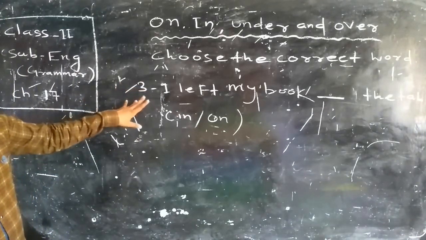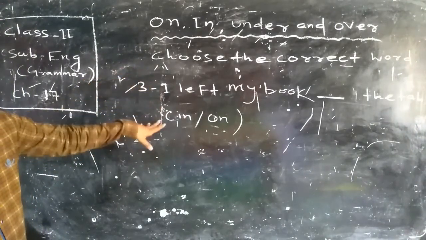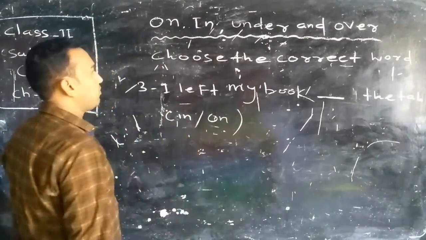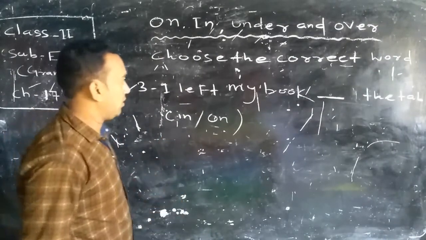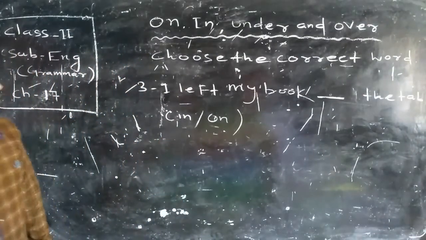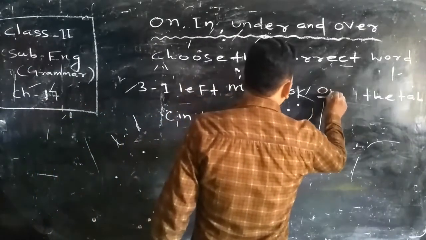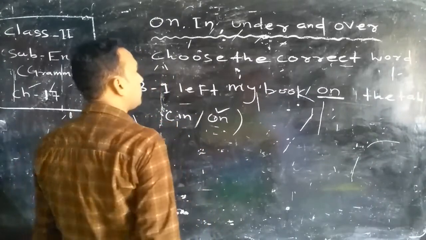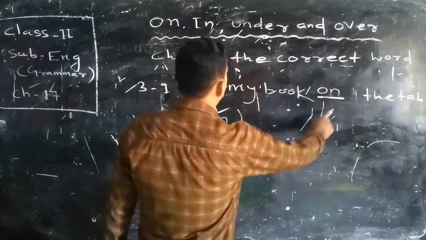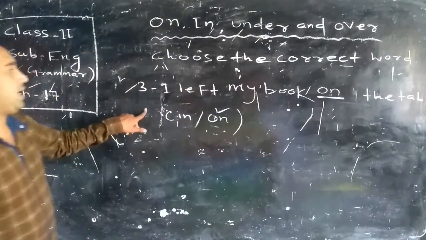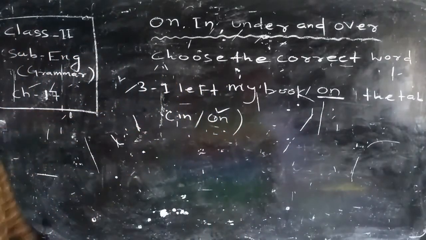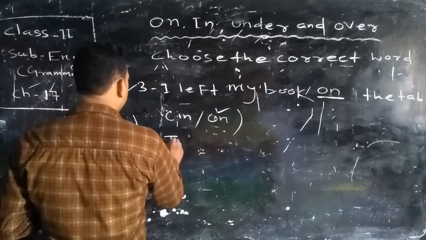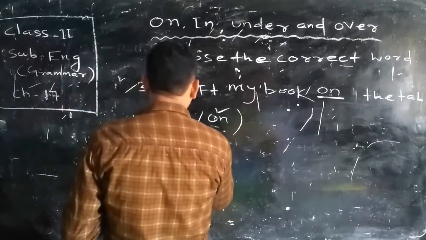dash the table. In the table हो गया कि on the table. Okay, just you have to choose one. I left my book in the table or on the table. Which is the right answer? So on the table. Table के ऊपर में ही होगा. So you have to tick here and put on in these blanks. Okay, I left my book on the table. The sentence is completed. Then fourth number, the kitten.